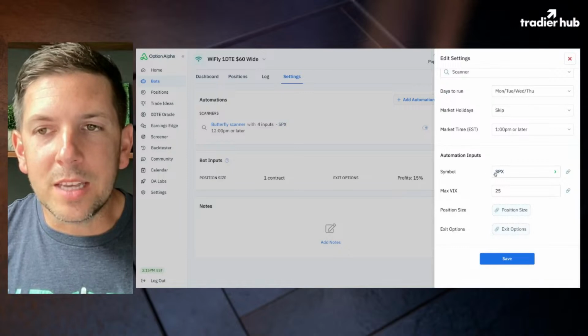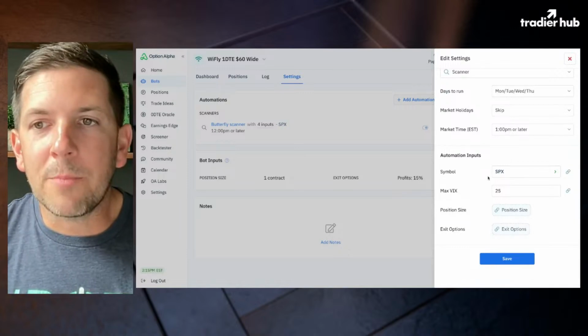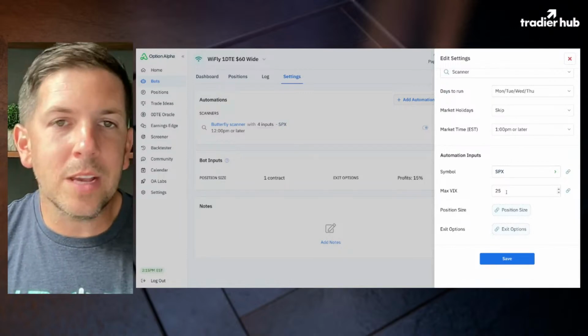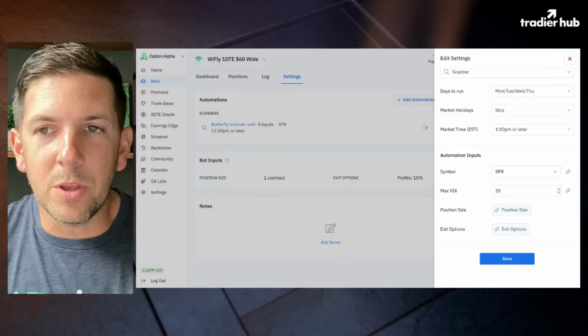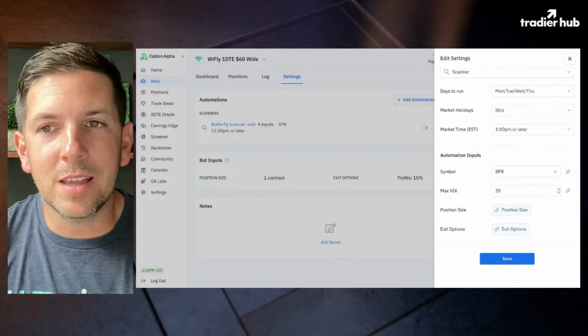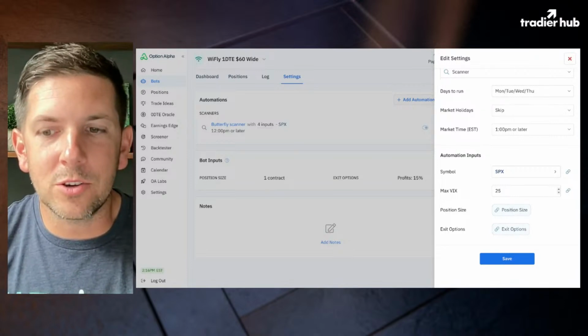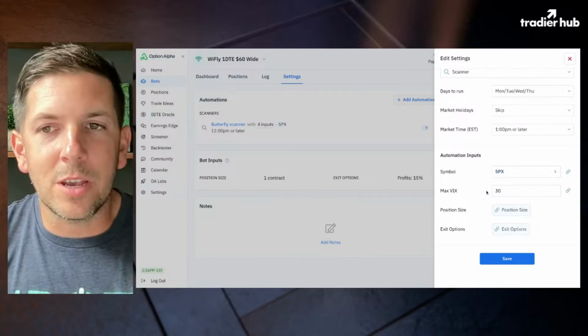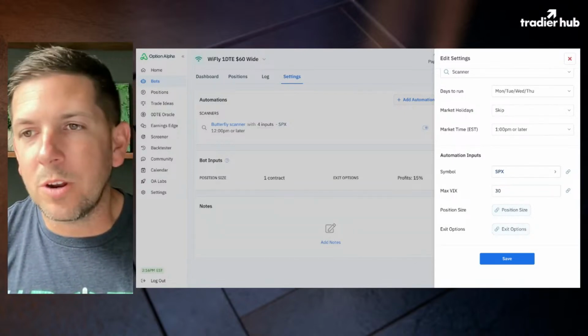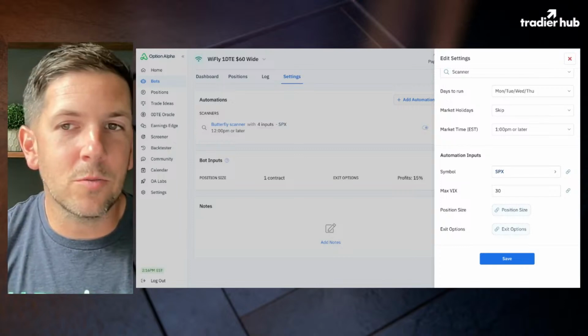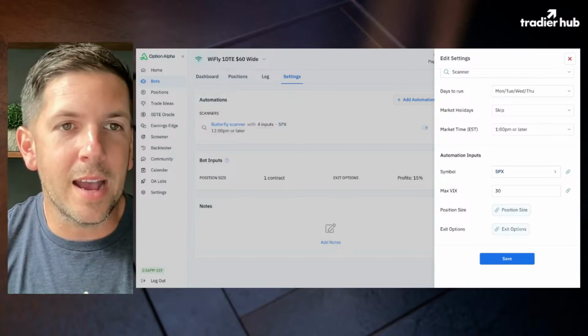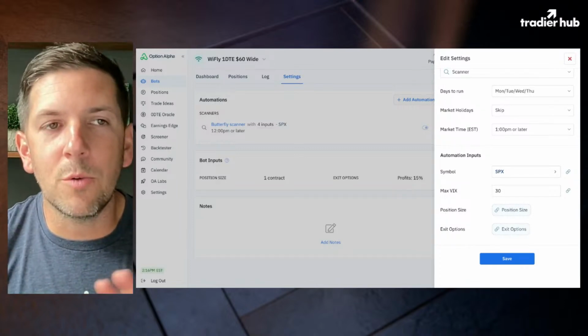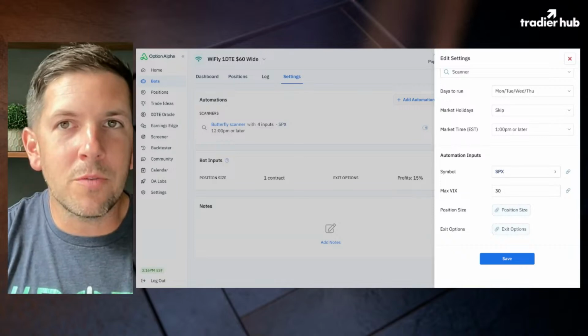The symbol you want is definitely SPX because that's what we're going to be trading. If you wanted to set a maximum VIX, the way that Jack has it built out in his is that there's a maximum VIX level that turns it off if volatility goes crazy. I would probably set mine a little bit higher. I'm not necessarily opposed to it being 30 or 25 or whatever, but there is going to be a threshold where I say, look, the VIX is just too high. Market volatility is crazy. You don't want to do that because we already know, and we've done research,